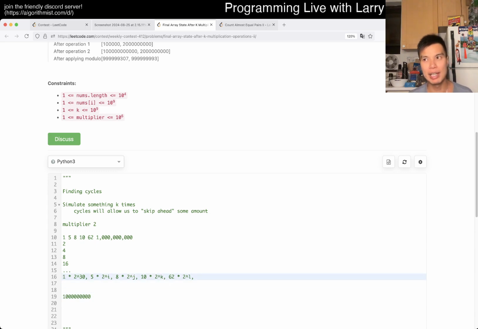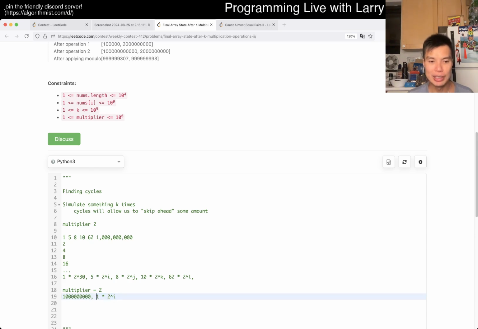and then now the biggest number becomes the smallest number. So the idea is to simulate until all the numbers before the biggest number become bigger than it, right? What happens when it becomes bigger than it? Well, the multiplier in this case is still equal to 2. So let's say we put the number 1. What does that mean? Well, 1 is going to be 1 times some number. This is 2 to the 30, which we know, but let's just say 2 to the I. But what does this mean? This means that this number,